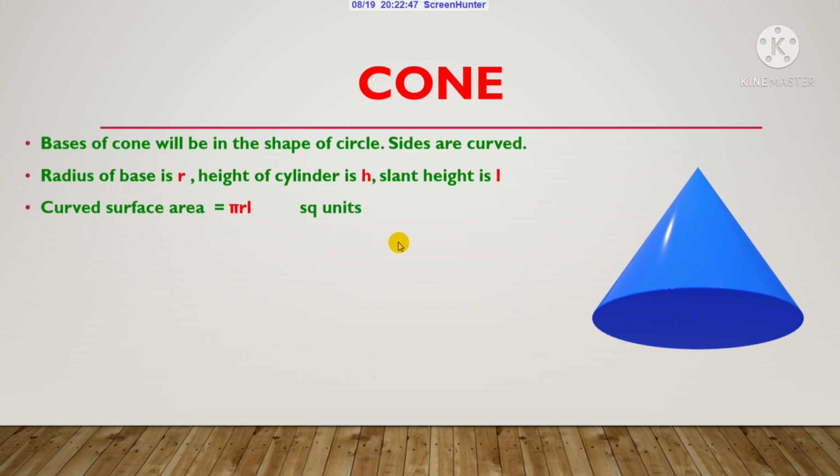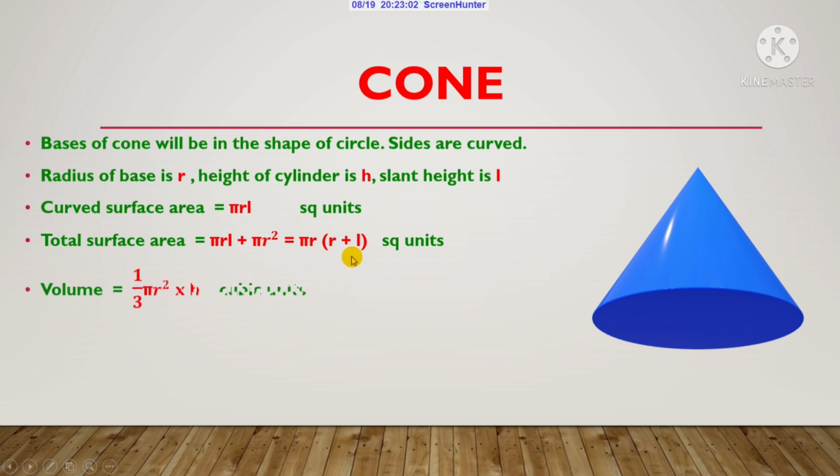So curved surface area is nothing but pi r L, and the total surface area is nothing but pi r L, that is curved surface area, plus base area, that is pi r L plus pi r square, that is pi r into r plus L, and the volume is nothing but 1 by 3 pi